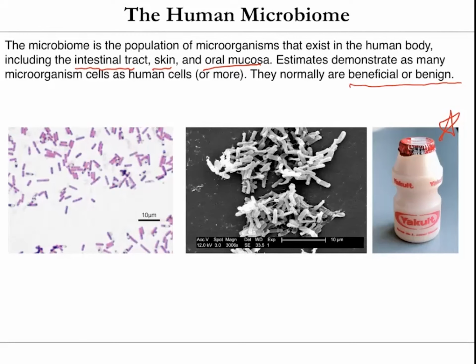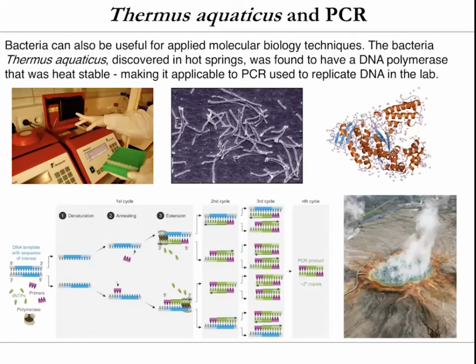So the human microbiome is a very important part of our biology and a very active field of research. A lot of people are spending a lot of time looking at the microbiome on different areas of your body, or different organisms' bodies, and seeing how disease might arise from the balance in that microbiome getting out of whack. So bacteria can also be really useful for a lot of other things.